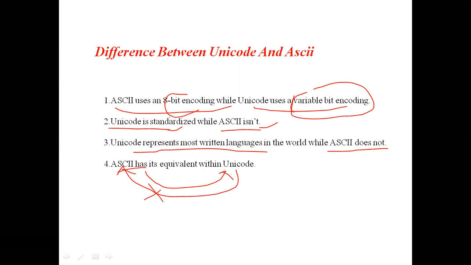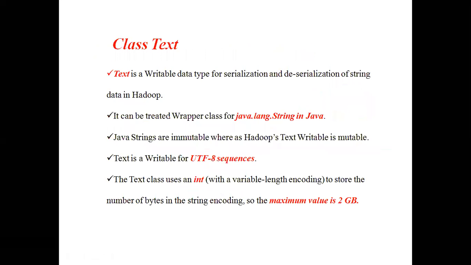So Unicode is the encoding technique used for representing the data. Clear. When we come to Hadoop, the Hadoop Text class also uses Unicode. Whenever we give a text string, which in Java we call a String and in Hadoop we call the Text class, internally it will convert the data into Unicode format and store the text in the form of Unicode.